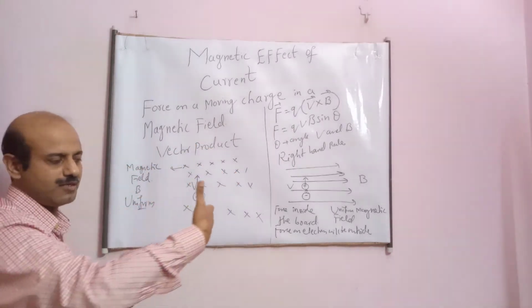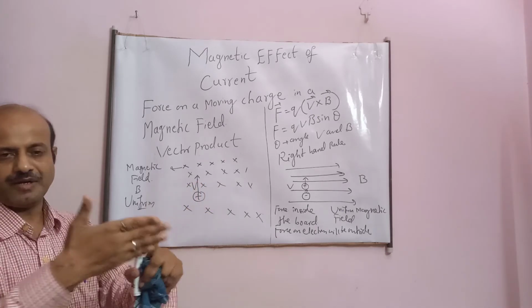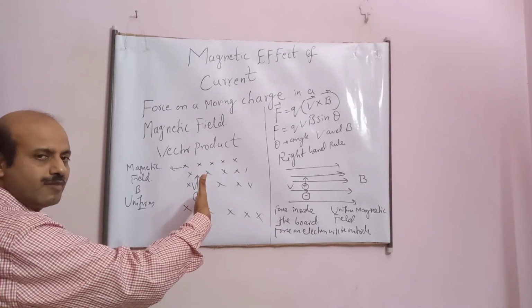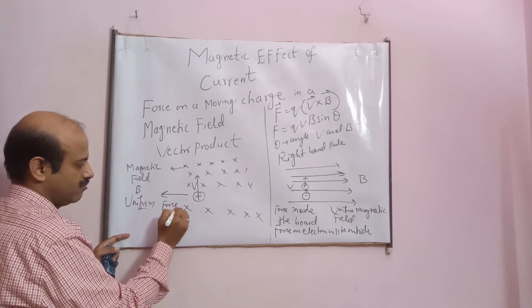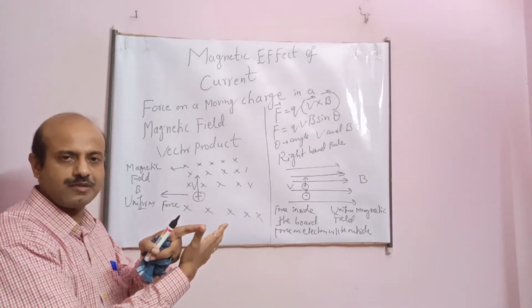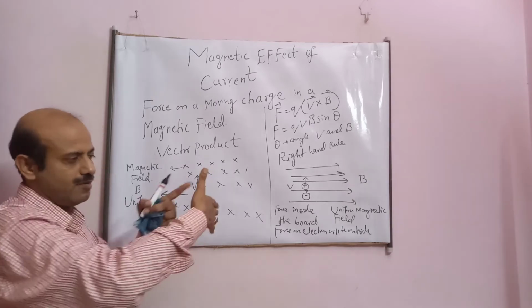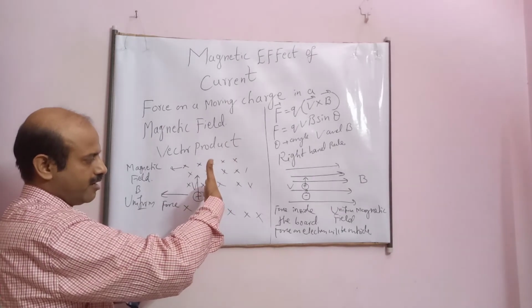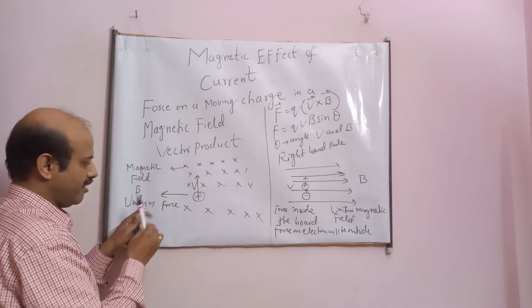So how I have to place the finger, you see, student. See my fingers. First vector, velocity. Second vector, inside the board. Which side will the rays come out for blessings, or the perpendicular to the palm upwards? Which side, student? This is the direction of force. What I have done is kept this finger along the first vector, velocity, and this along the second vector. In this case the first vector was upward, so this upward, and the second vector was inside the board, so this inside. See the direction of force. It is coming to the left hand side. See, this is the direction of force, student.